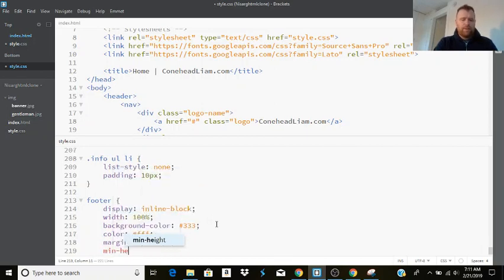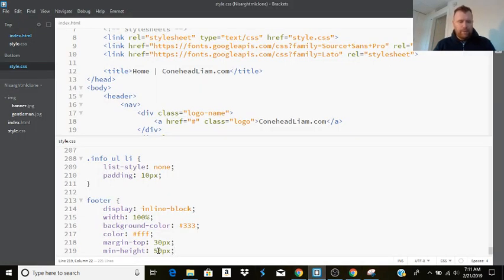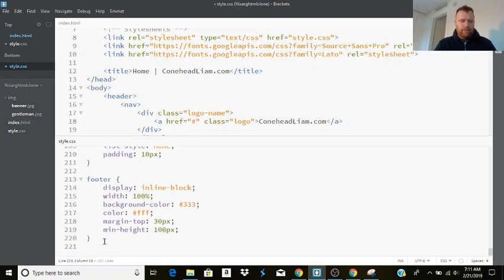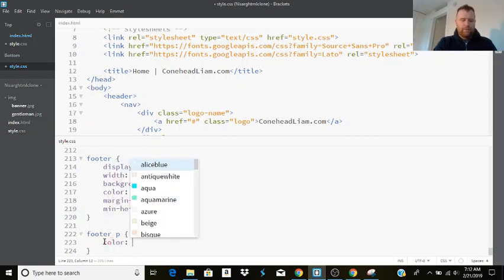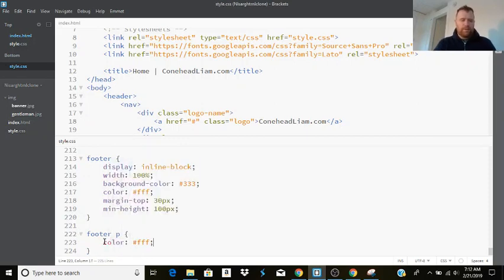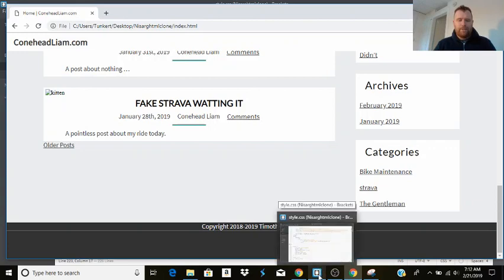Minimum height, let's do 50 pixels. Okay, and we're still getting it black. So what we actually need to do, and I want to make the minimum height more than that, make it 100 pixels. What we need to do is also do the, we actually have to put the color in here, I believe. So hopefully this will remedy the situation. Okay, and there we go. We got the copyright,